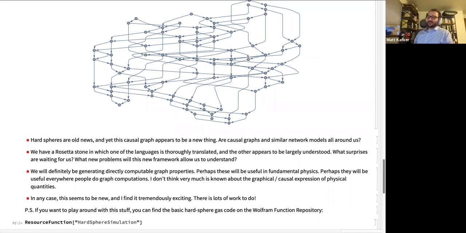Xerxes seems to think that something like the pressure or the energy is going to be encoded like that. You fix a foliation that defines a time ordering-ish of the causal graph, and then within one of these foliations, something in the edge structure might encode the energy. I'm super excited to look into all these things. Scientific research just goes very slowly sometimes, so we just haven't gotten there.